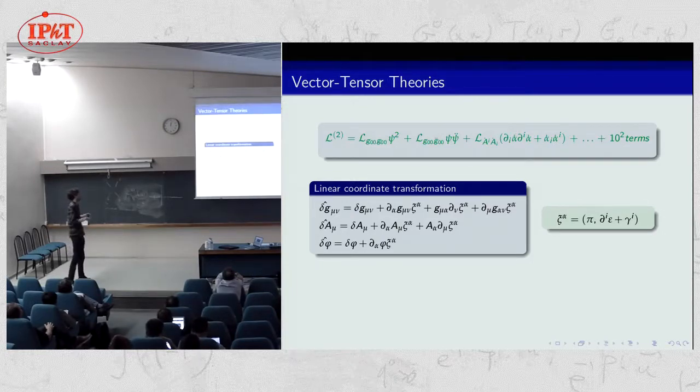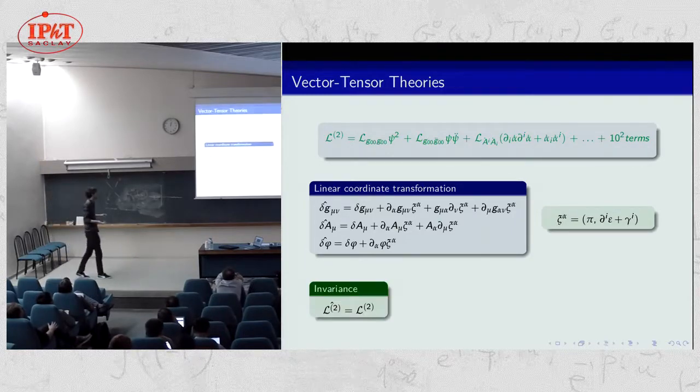Now, clearly, after this operation, you get some L-hat, and this will in general not be equal to L2 here, because it's not gauge invariant. So imposing invariance means imposing the equivalence of the two linearized Lagrangians.